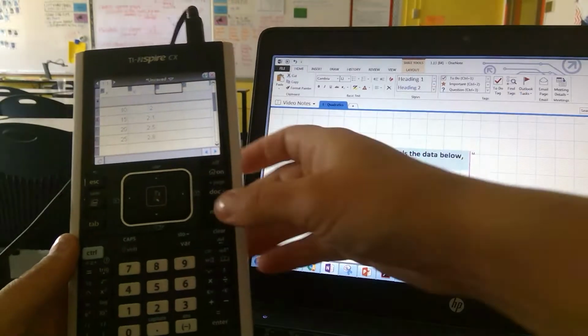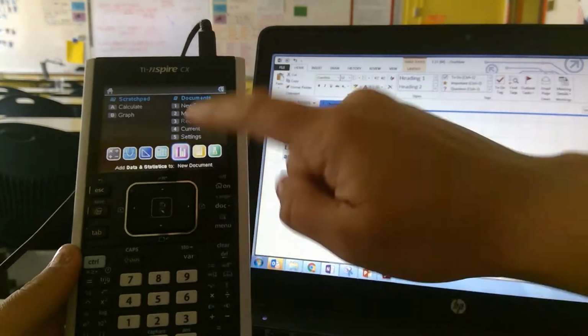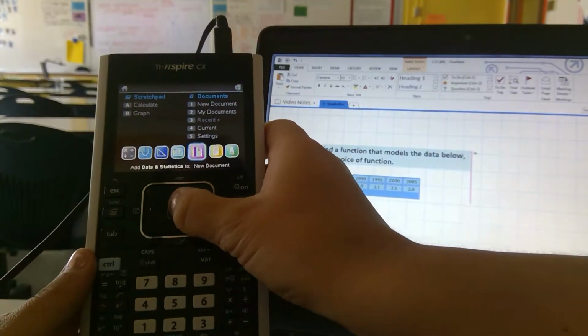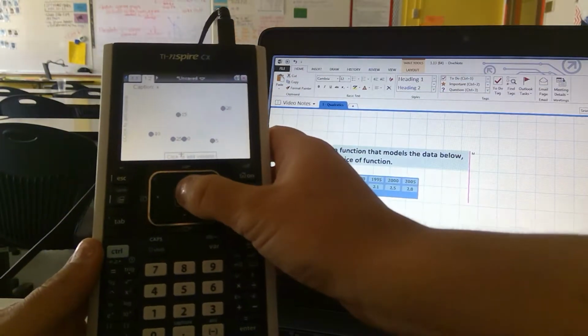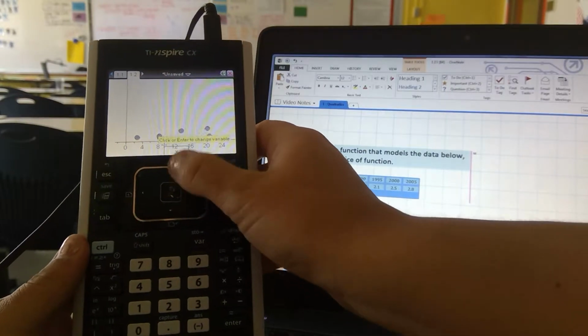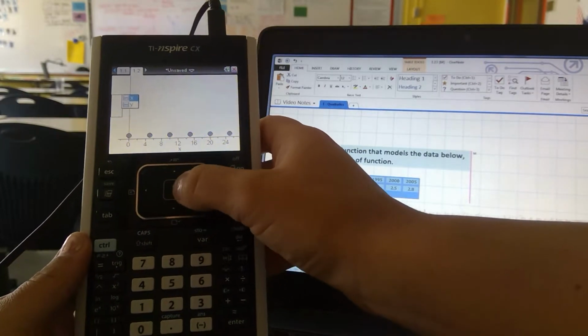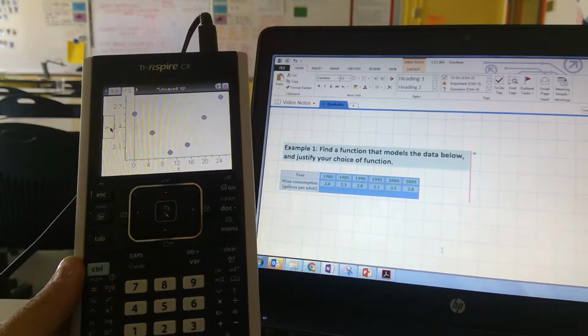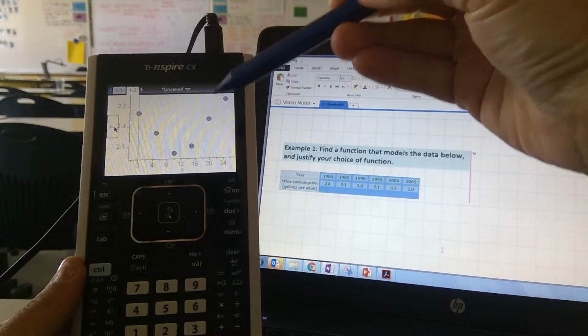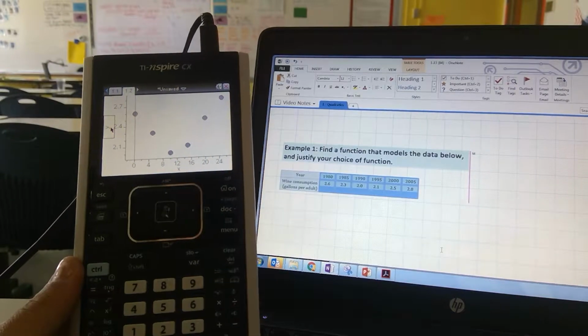Now let's take a look at a graph. Press home, scroll down to purple, add data and statistics. You'll need to scroll down until you see a rectangle appear. You're going to press enter and make your x-axis there. Make your y-axis here, and your data should appear. Again, we're seeing that the y values decrease and then increase, so not a line, but a parabolic shape is